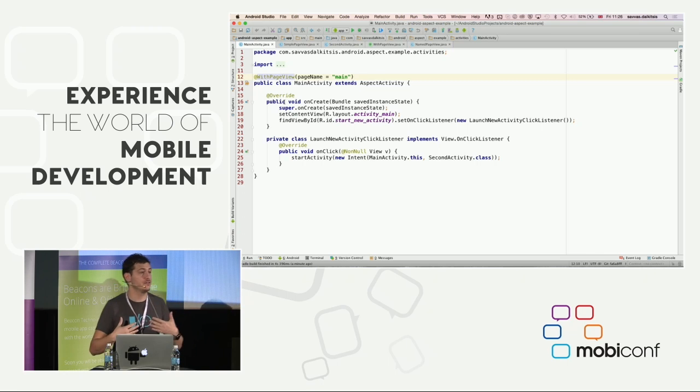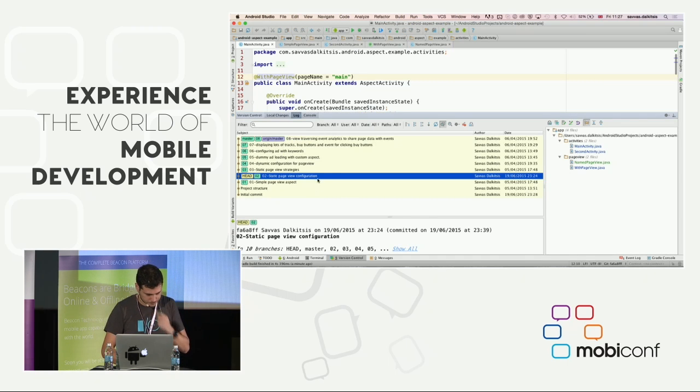Like in our case, I work for Shazam, we do music recognition. So when we have a page view of the result of a track, we'd like to know what that track was so we can monitor these things. So now I'm going to show you how we do dynamic configuration of these traits.